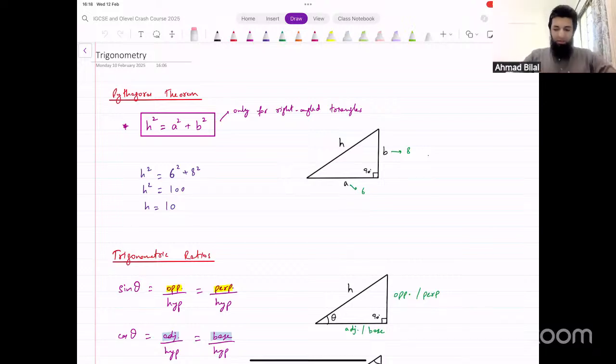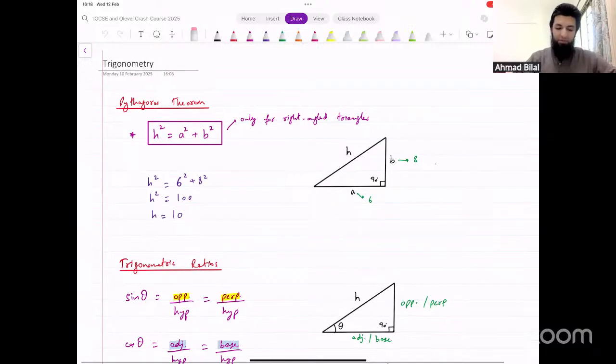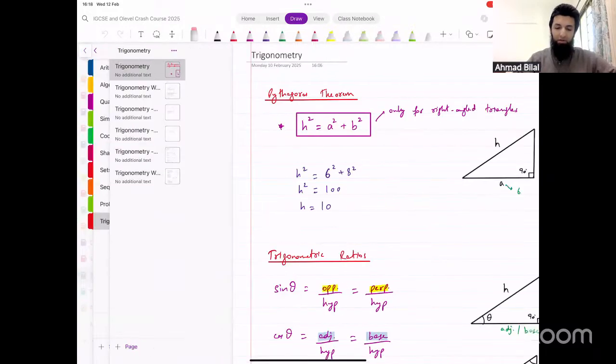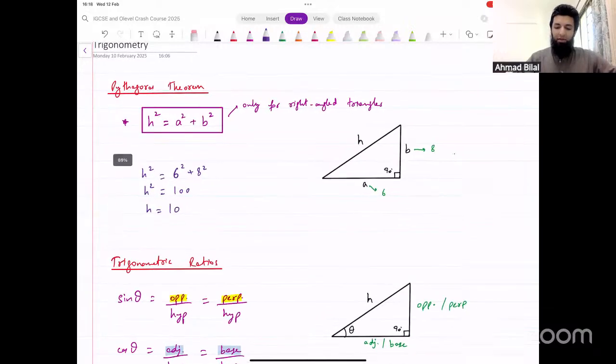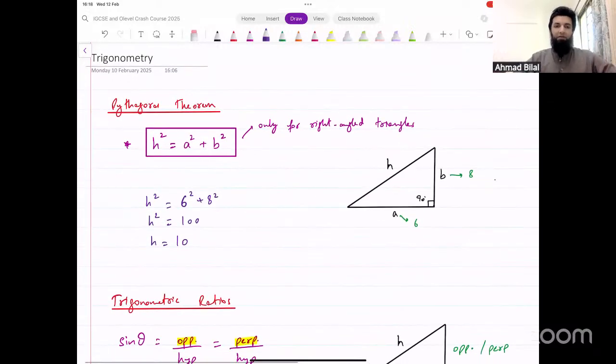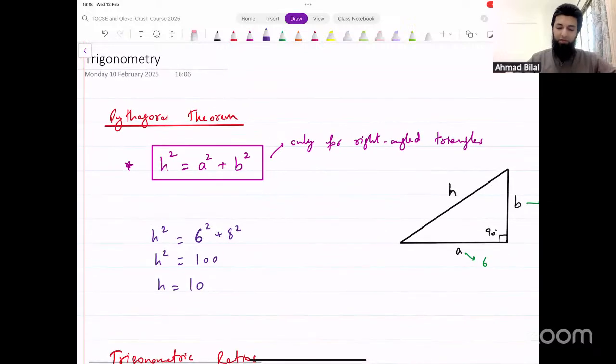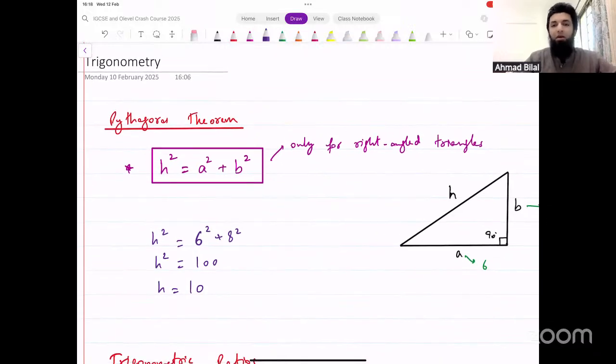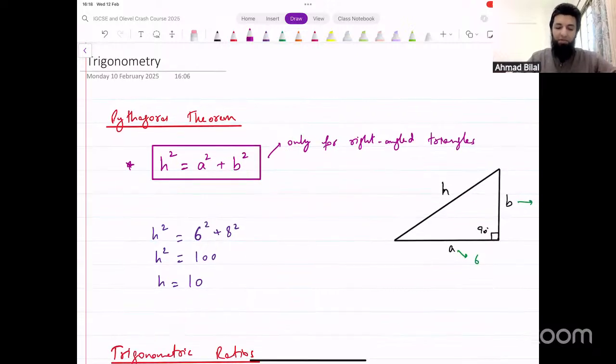Okay, let's begin then. So, in the last session, we talked about a number of concepts. We started with this in trigonometry that when we have right angle triangles, we have these two things that we can use to find any unknown angles or sides. Number one, we have this Pythagoras theorem. So the sides of a right angle triangle, they're related by this equation. So if we have any one of the three sides missing and the other two are known, you can use